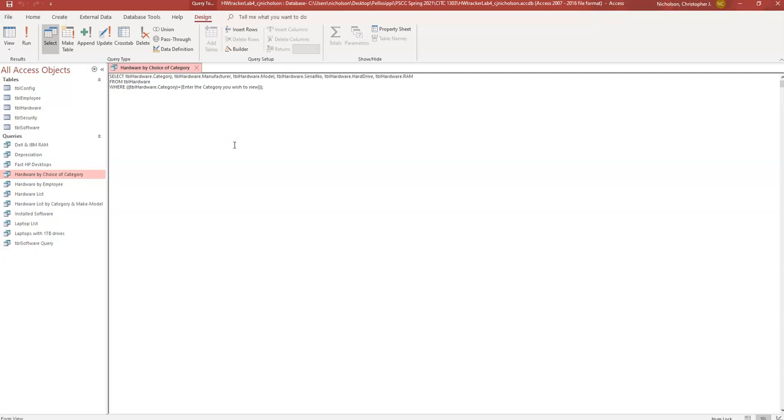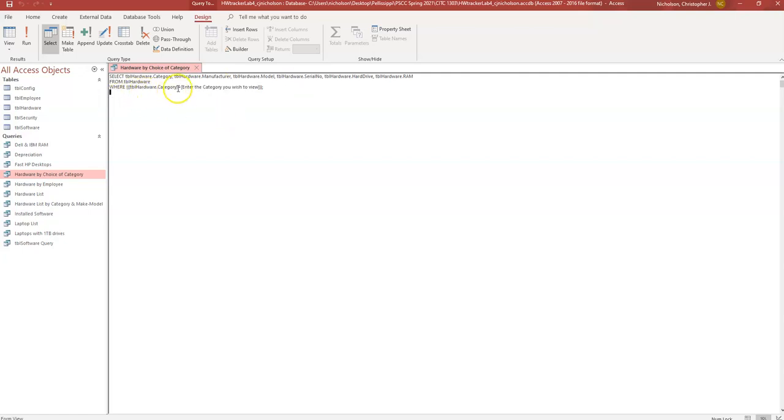Again, you guys haven't really learned SQL. You will in the second half learn some SQL. But so you're selecting, again, this is projection. It's called select in SQL, but you're projecting the columns you want. So you're getting certain columns. These will always be the same. I'm not going to list them out to you. They're all from the table, the hardware table. And then it's where, this is the selection,